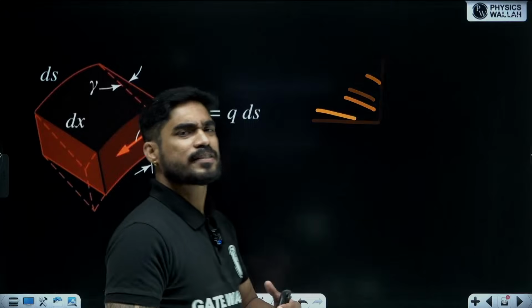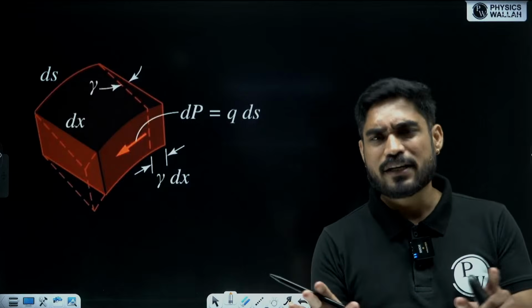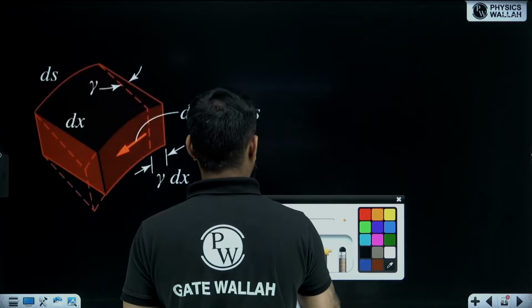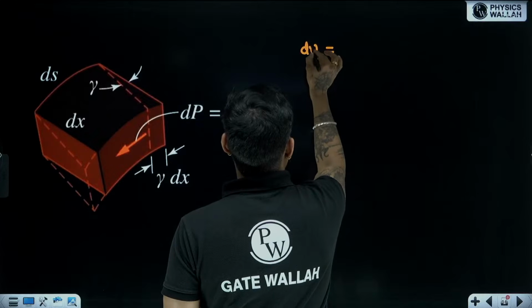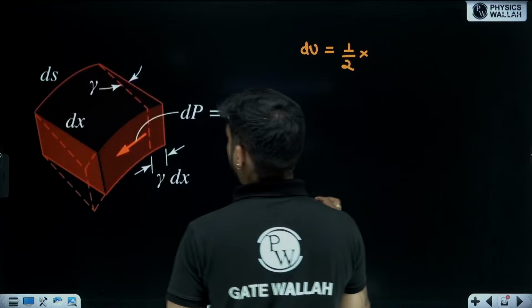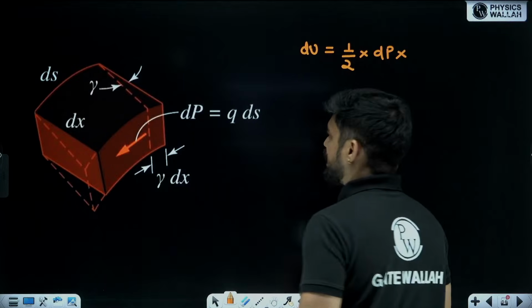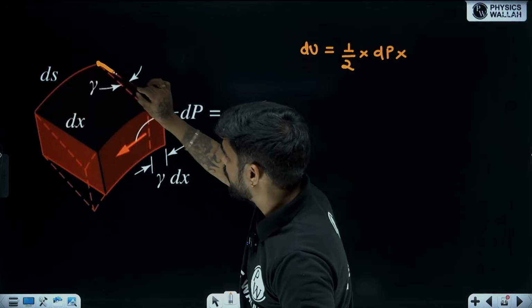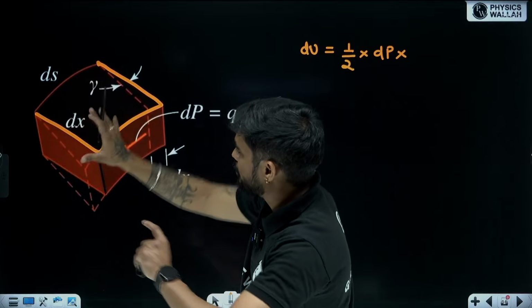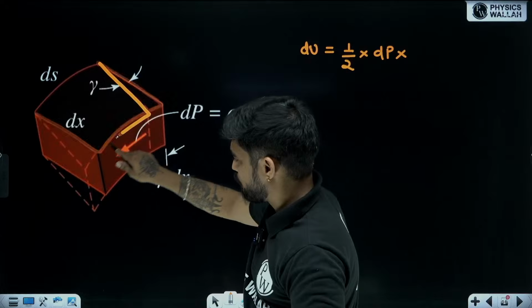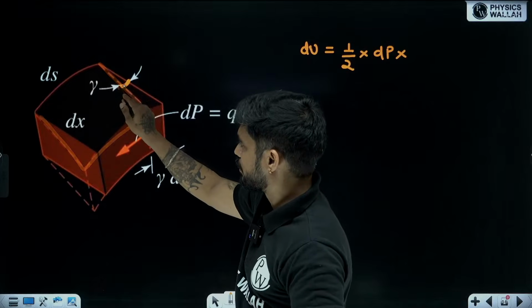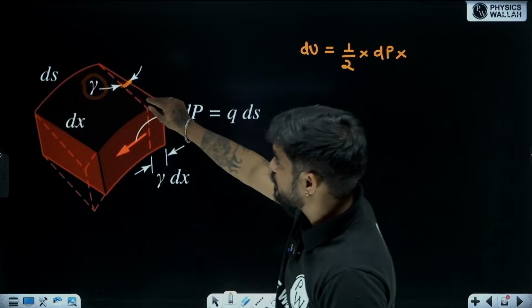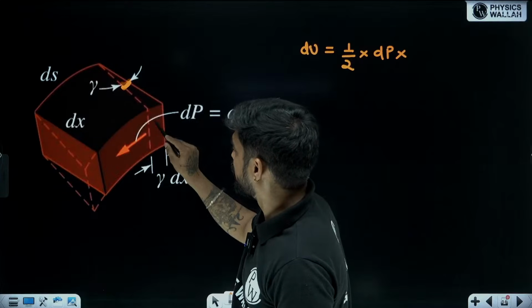If you have covered the concept of strain energy, you might know this. Otherwise, don't worry, when you will study energy methods, you will learn this concept. Okay, so strain energy, let's say dU, will be equal to half multiplied by force dP multiplied by, now when you will apply the force dP, what will happen to this rectangular element? You can see right now the rectangular element is like this, but when it will be subjected to shear force, it will twist by some angle. This is the angle of twist, this is the shear strain gamma. So if this is the angle gamma and this is ds,